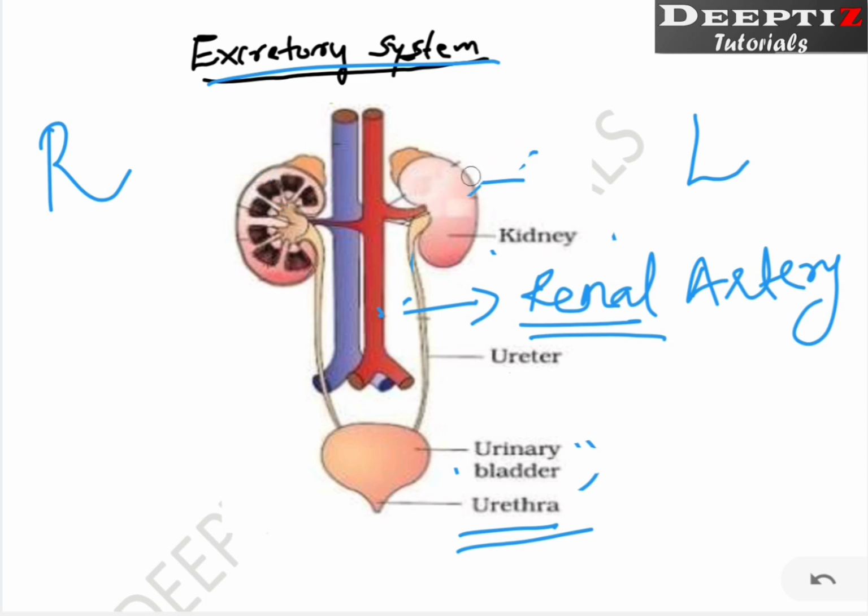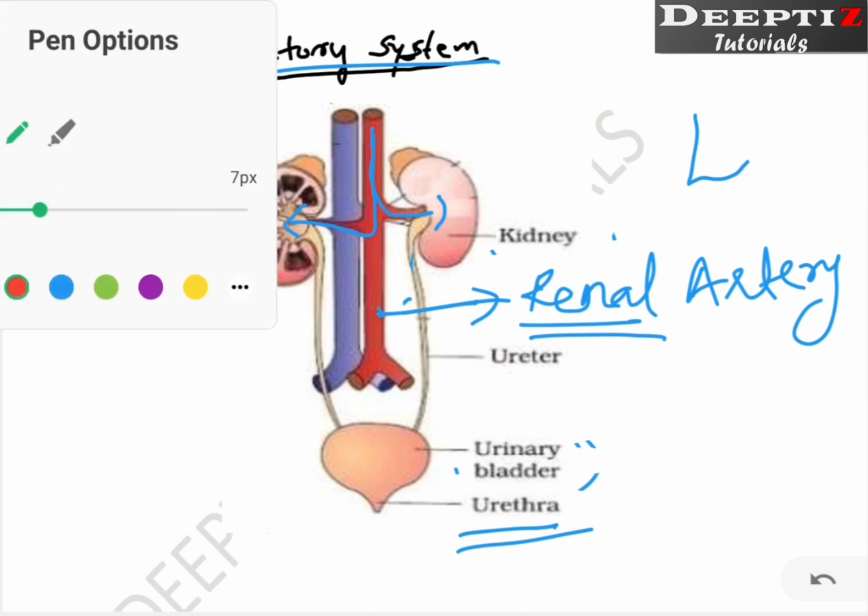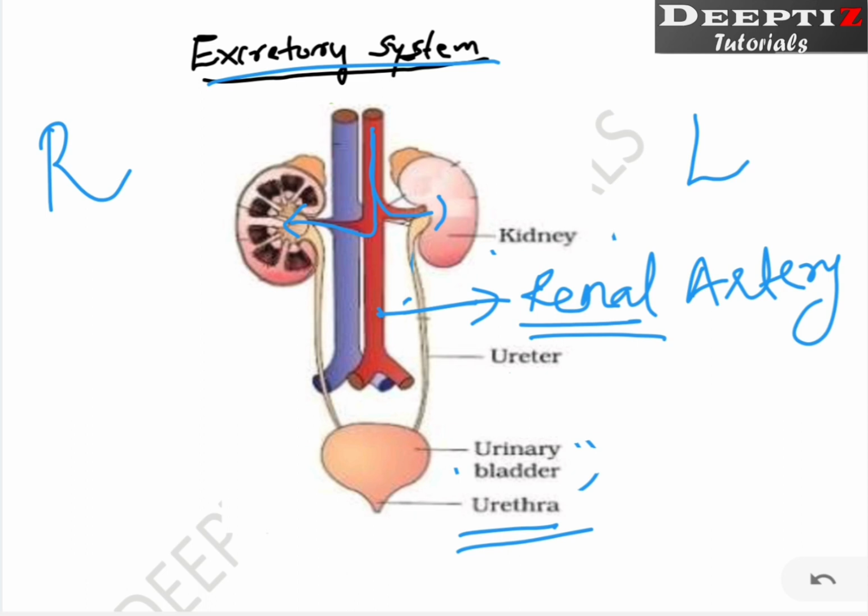Normally in biology what happens? Whenever we use red, it indicates pure blood, and blue indicates impure blood. Actually to the kidney, what happens? When the heart pumps the blood, the kidney needs blood, right? So the blood is given to the kidney by a set of vessels, we call it renal artery. Now there is another set of vessels which takes the impure blood from the kidney to the heart for purification, and this blood vessel is termed as renal vein.